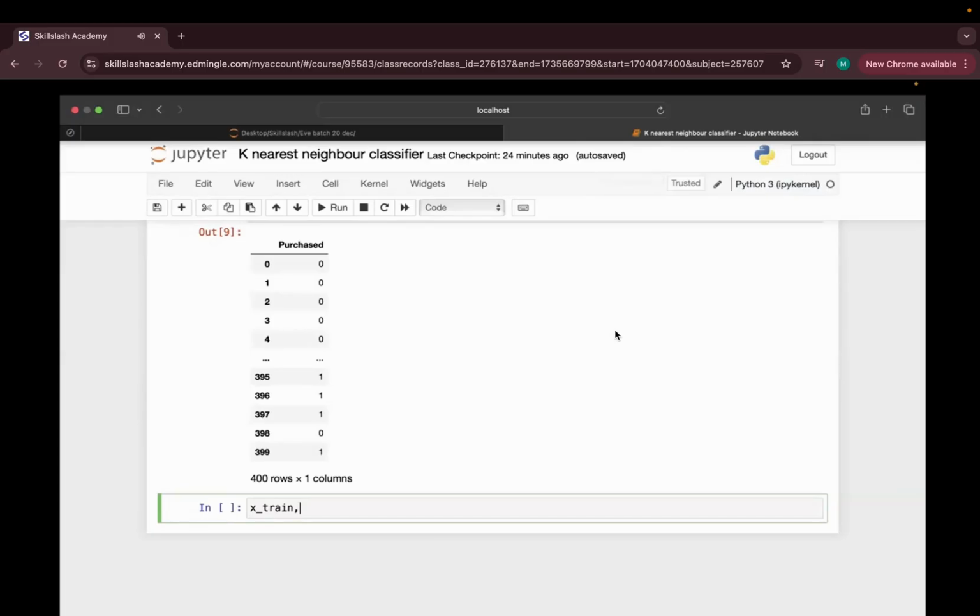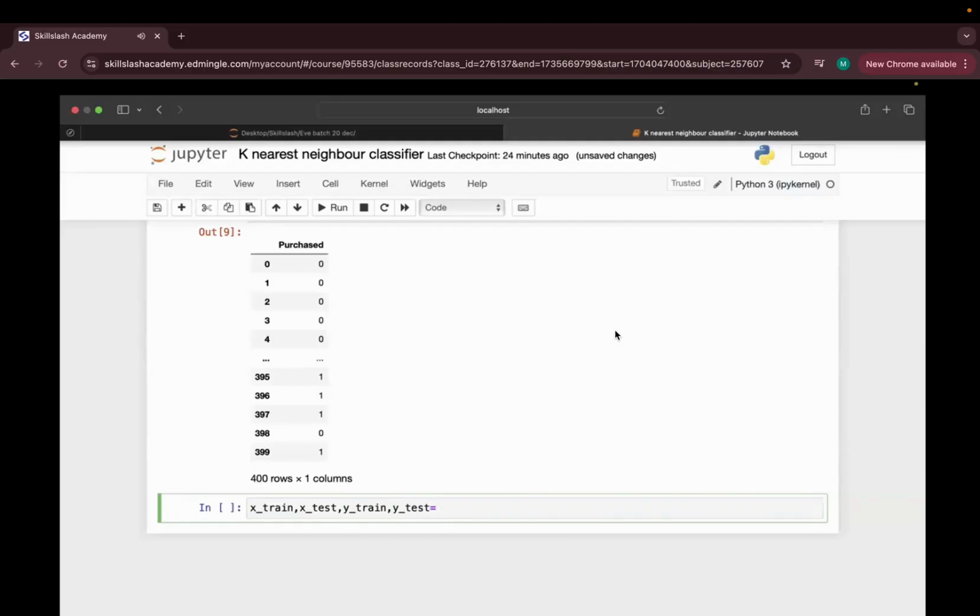First you have to mention X_train, then X_test, then y_train, then y_test. Your alignment should be this only. You cannot write X_test first and then X_train later.